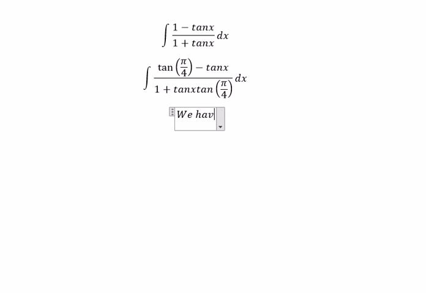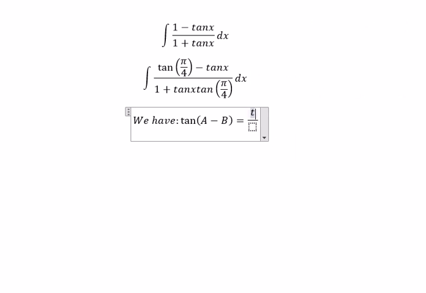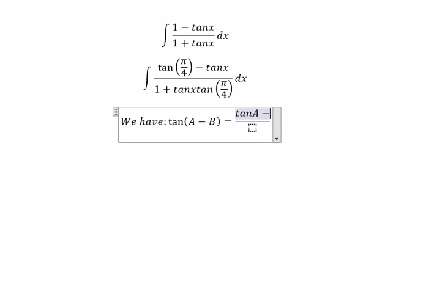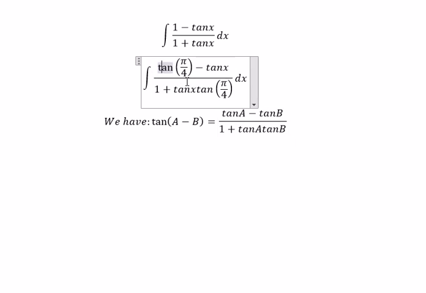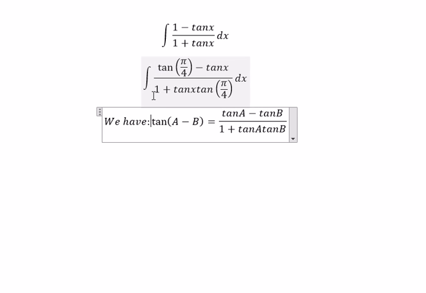We have tan(a − b) equals tan a minus tan b over 1 plus tan a multiplied with tan b. So we will apply this one in here, and now we can get about